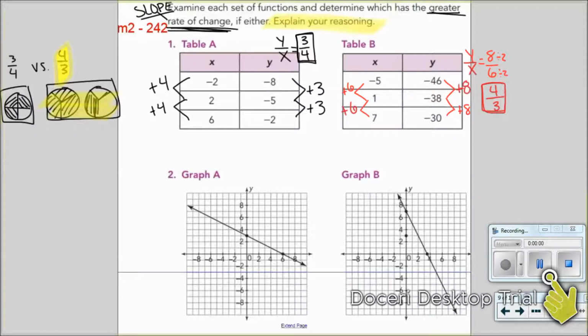Okay, so like I said, we need to explain this. We're going to write this in a sentence. So we've said that table B is actually greater, so we're going to write this. Table B